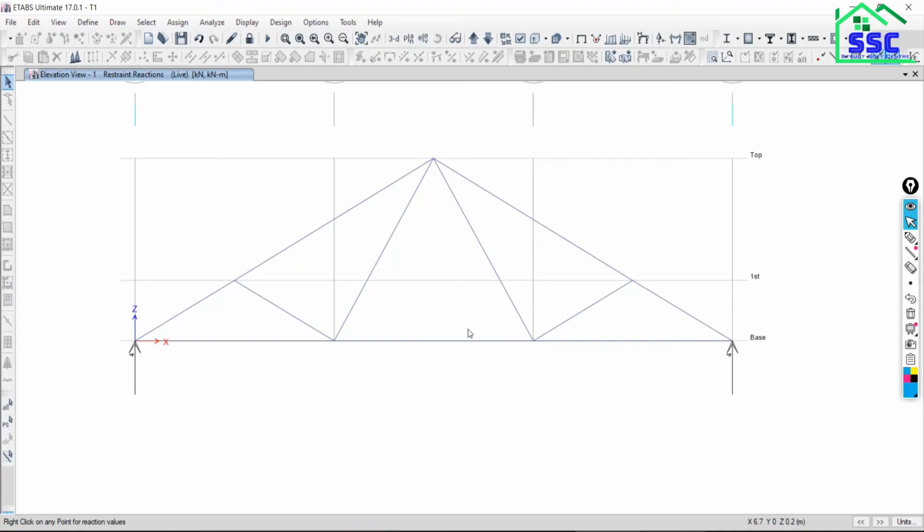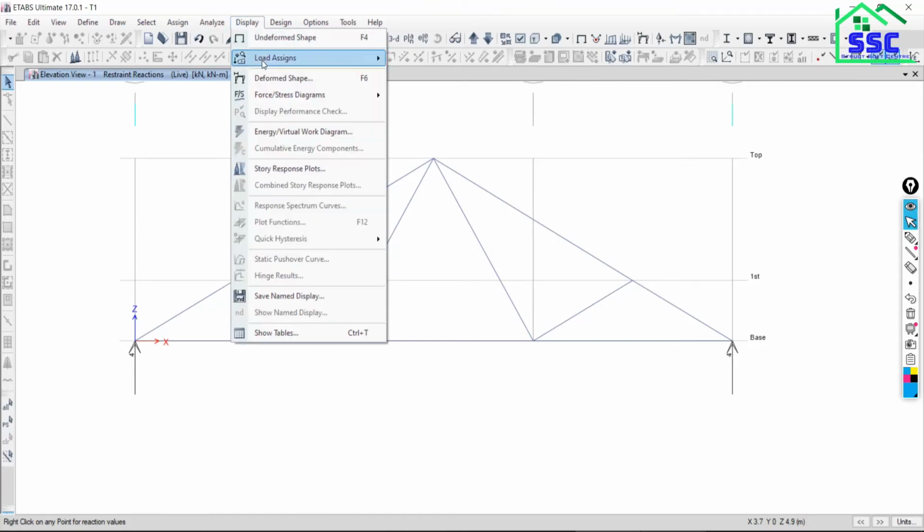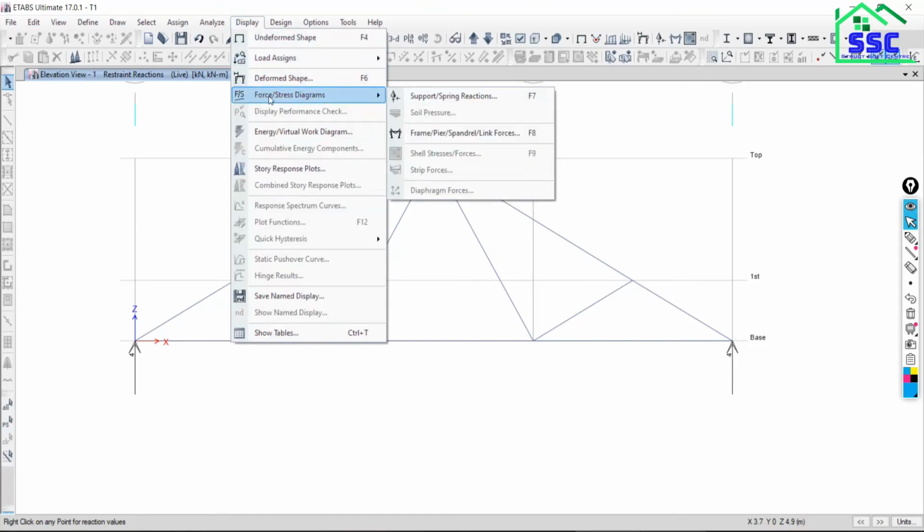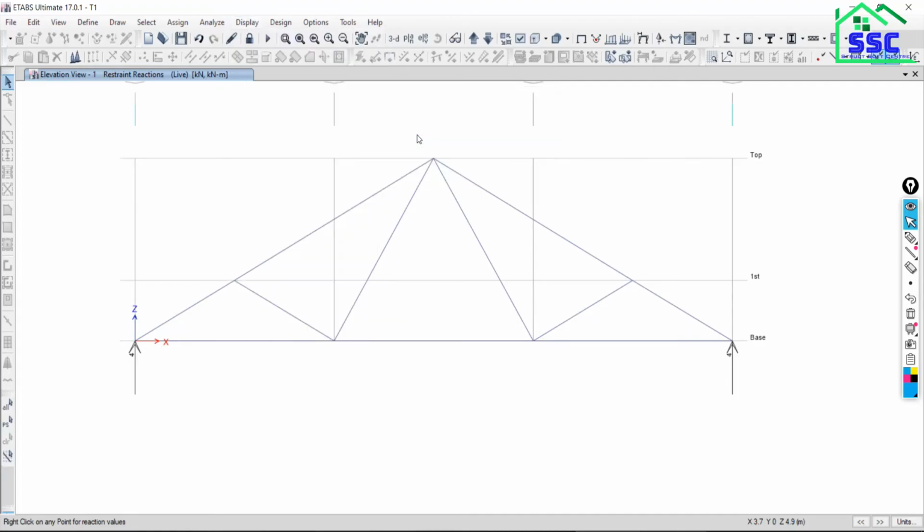Now I want to see the axial forces in the members of the truss. To do this, go to display, section, then go to force stress diagram. Below this, you will be able to find frame, pier, spandrel forces, frame forces. Just click on this.